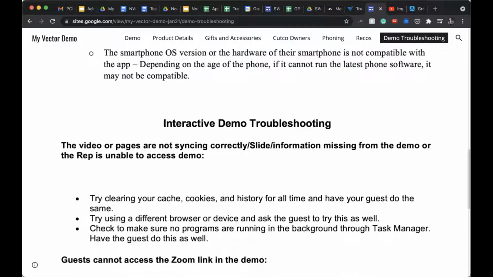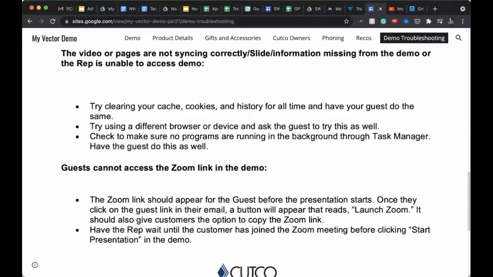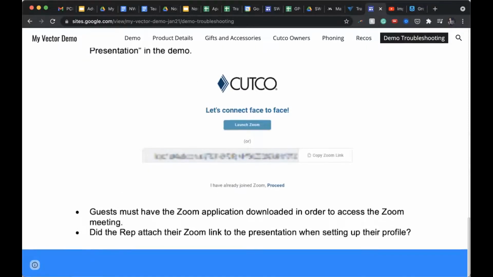Interactive demo troubleshooting is already here. Try clearing your cookies, your cache, all that stuff. Guests cannot access the Zoom link in the demo? Here's exactly how to do it. It's all right there, so you're going to want to take time to actually go and do that. And for this, I'm going to play some videos for you guys. So let me stop the